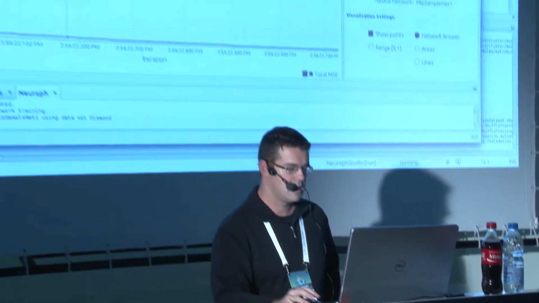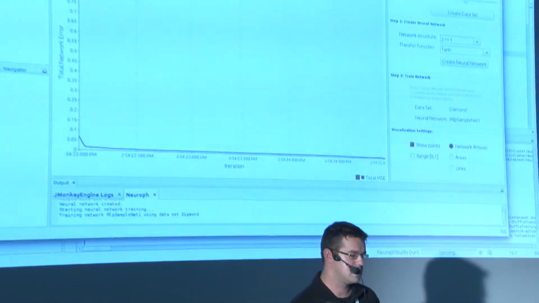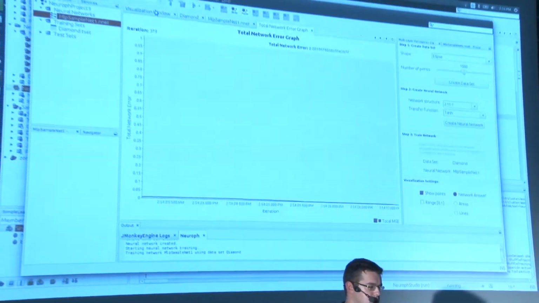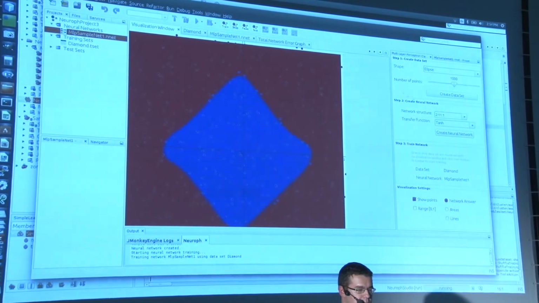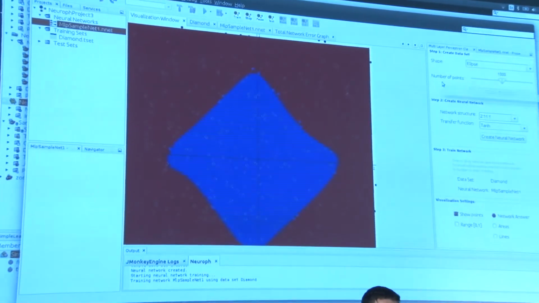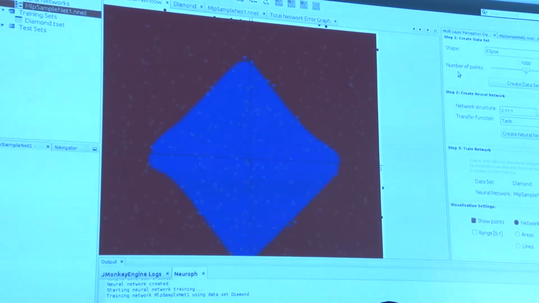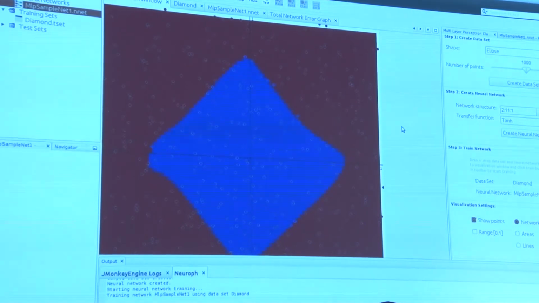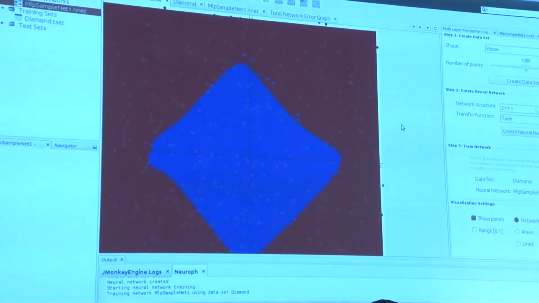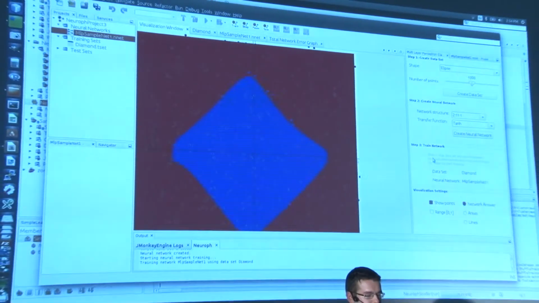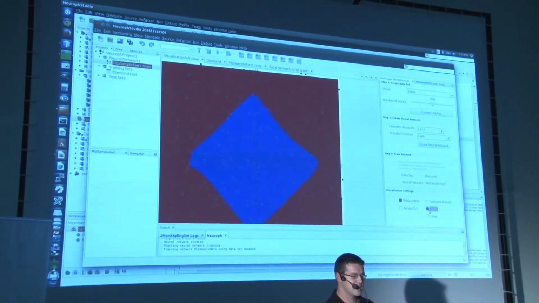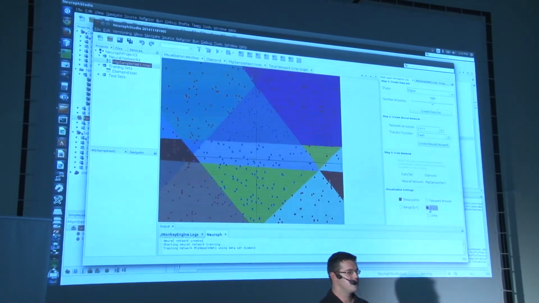So, as you can see, this is the total network error going down, and in the visualization window you can see how the network has put borders around this data which represent a diamond. Now, what's going on? So we already explained, we are feeding the network with data and correcting the total mean square error, but what's interesting is to take a look at this view. Now, this is what is going on in the hidden layer.